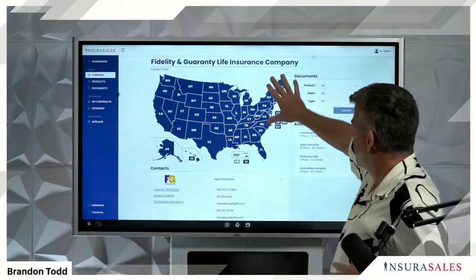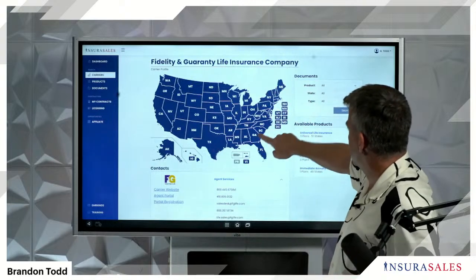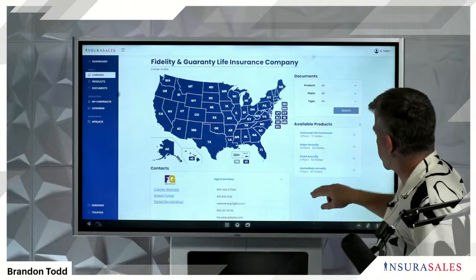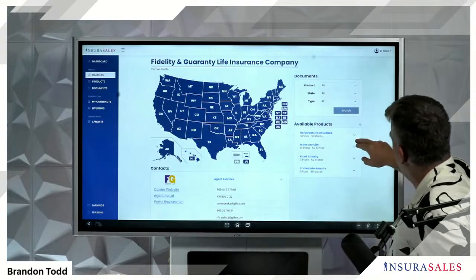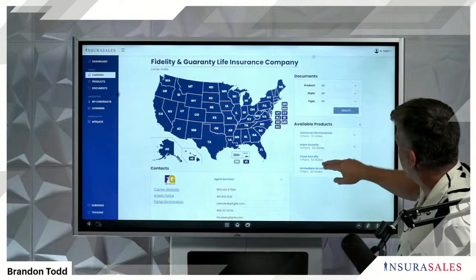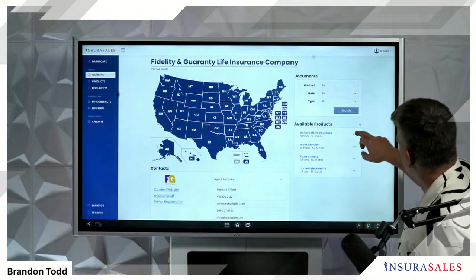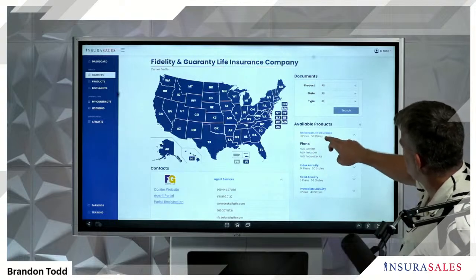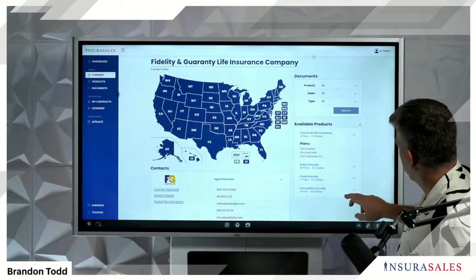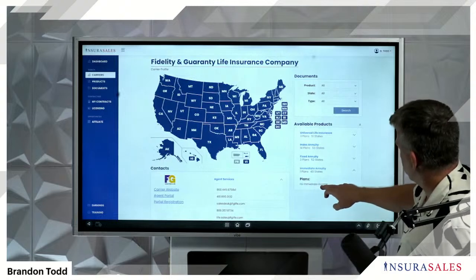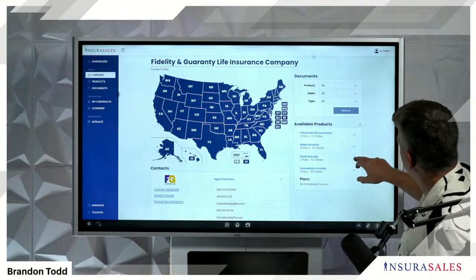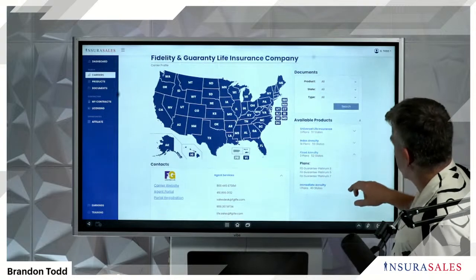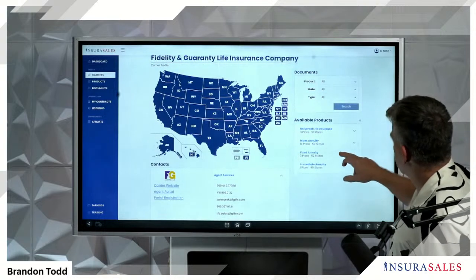So they're in the states and the jurisdictions. So DC, Virgin Islands, not Puerto Rico. We see that. We also see here the available products that they have. So here's their universal life, index annuity, fixed annuity, immediate annuity. It shows their plans. So, what were we looking for? An immediate annuity a while ago. So they have the F&G immediate income fixed annuity. They have these three, et cetera, et cetera. So it shows those, and then